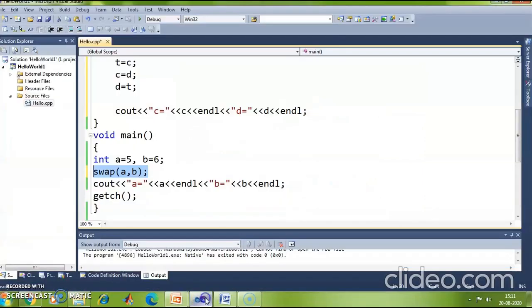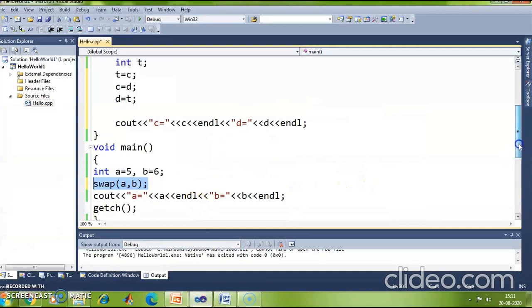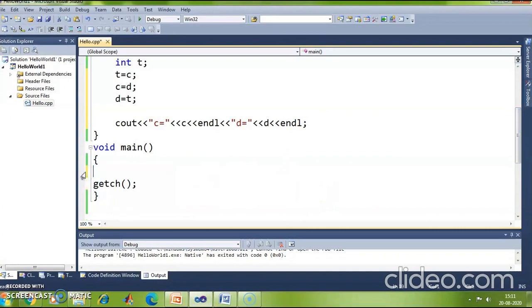So let me write a recursive function just to show you how it works. I want to find the factorial of a number. So let me call the function fact, and this function is calculating the factorial of a number n. Let me declare that variable n, int n is equal to 5.